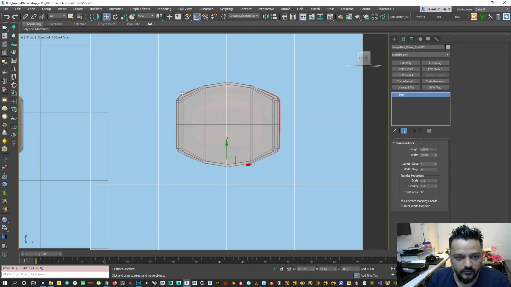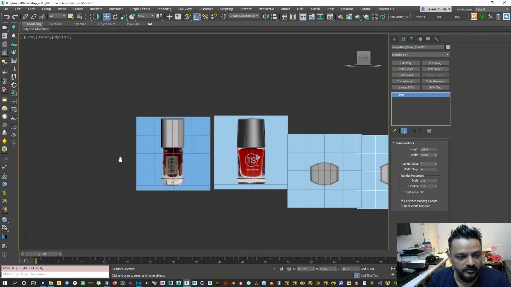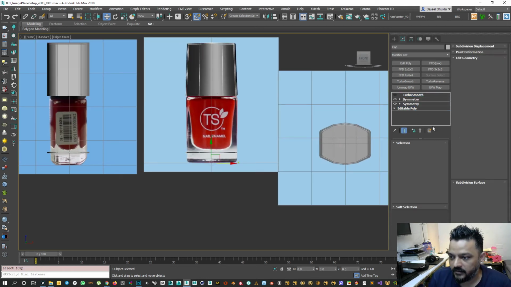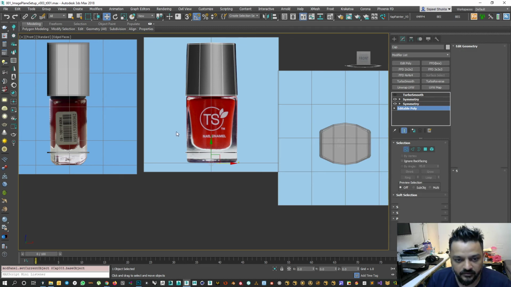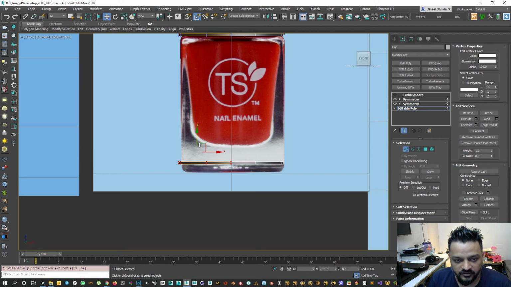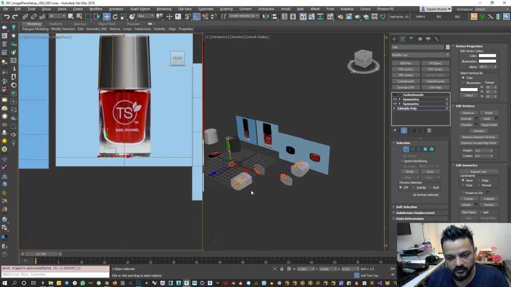Yep. Now obviously for the bottle it's much more rounded, so we'll have to adjust our bottom faces. So I'll select all of this, select that, bring it all the way down to the bottom,